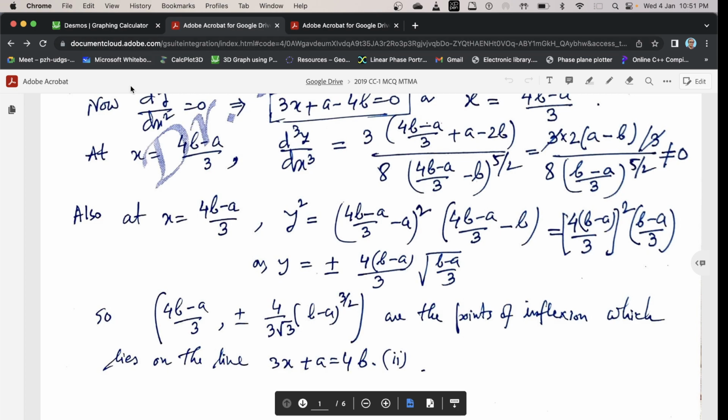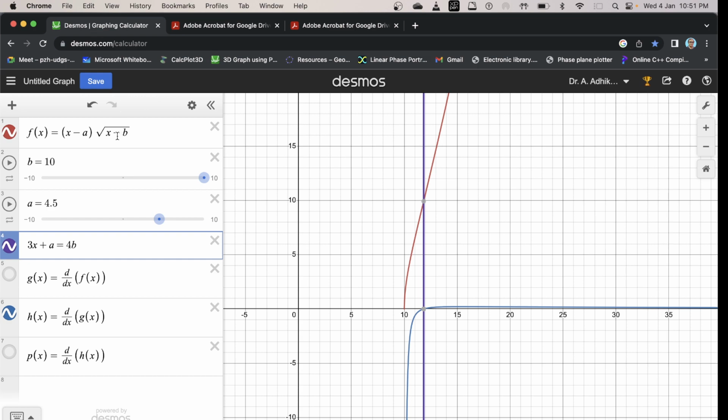If we draw the curve f(x) equal to (x minus a) root over (x minus b), then we get this red line. This is the red line curve. And the first derivative is d/dx of f(x), and second derivative is h(x). So second derivative is this for this curve,